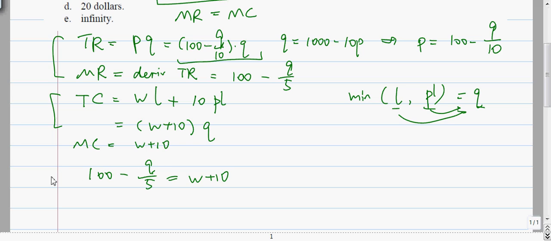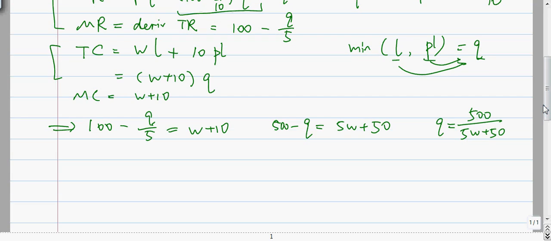So this step is setting MR equal to MC, and then we can solve for Q, which is multiplied by 5: 500 minus Q is 5W plus 50. So Q is equal to, move this to the other side, 500 divided by 5 is,